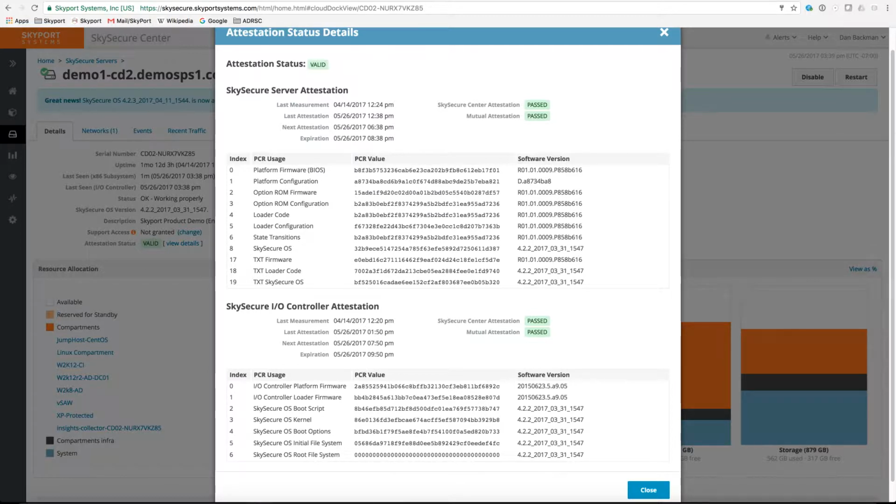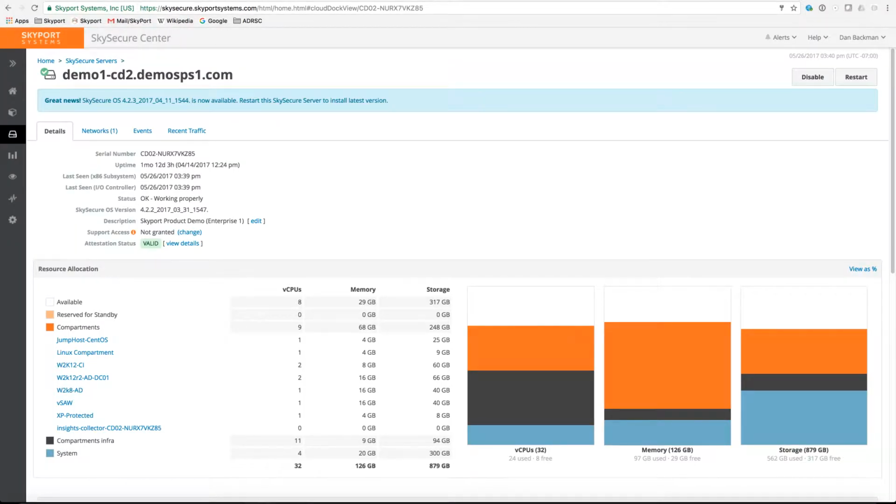And this is done on two separate pieces of hardware. There's the x86 compute hardware, as well as a hardware accelerated I/O controller. Both of these systems are actually fully hardware and software validated by the SkySecure platform. And all of this happens automatically. We can guarantee the integrity of the hardware, the firmware, and the software running on the platform, but we can also guarantee the unique identity of the platform.